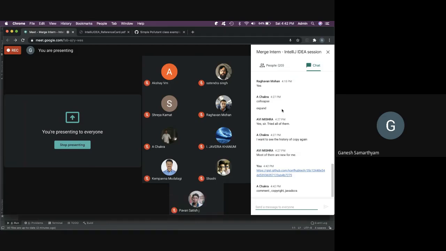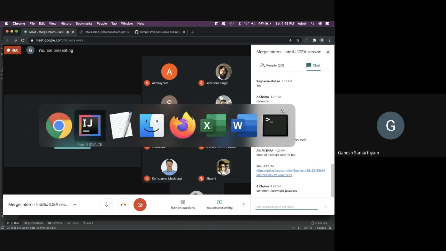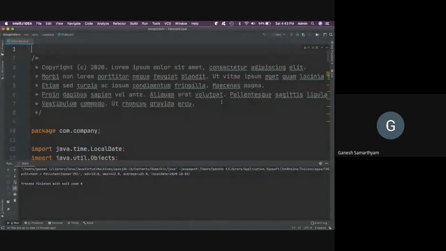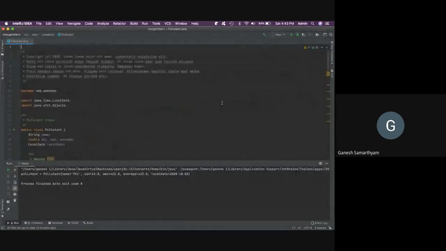Awesome, Chakra. Would you like to share your gist as well, if you're able to publish it? Just some gist, for demo purposes, to see how easy it is to put the code into a Git repo or create a gist. It's very straightforward to do all of them. And if time permits, that's what we will do, and see if we can put this in a Git repo and share it.